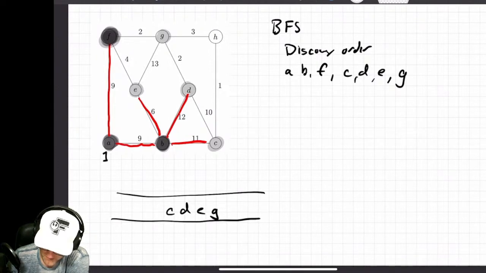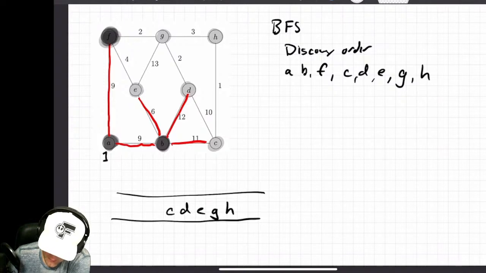Okay. Let's see, what's next? C. I look at its neighborhood, black, I ignore that, gray, ignore that, white. Let's go ahead and color that, and note that that was the last one that we needed. And the tree edges here. How did we get to G? We got there through D. How did we get to H? We got there through